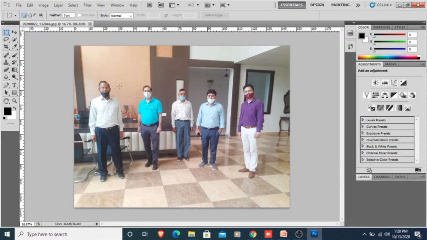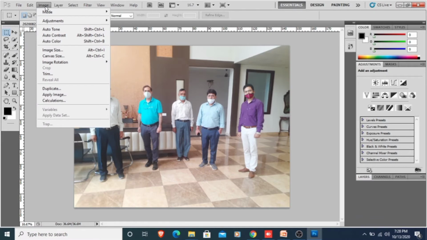First click on the Image option, then go to Image Size. You can open it using the menu, or by using the shortcut keys Alt+Control+I.